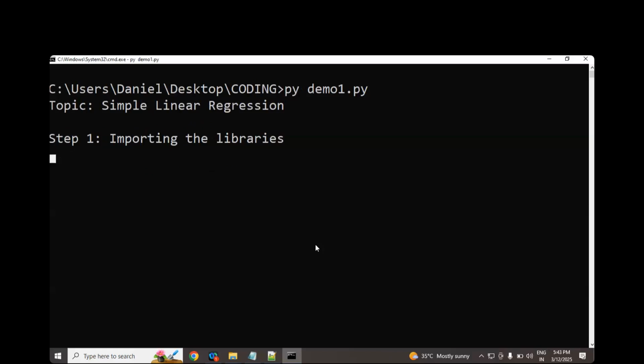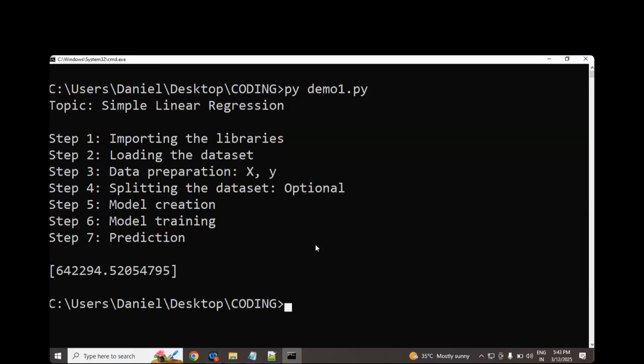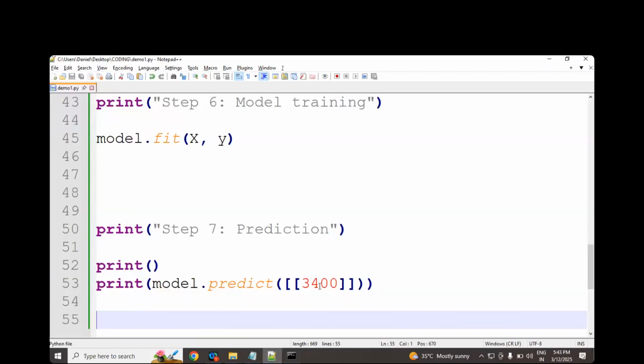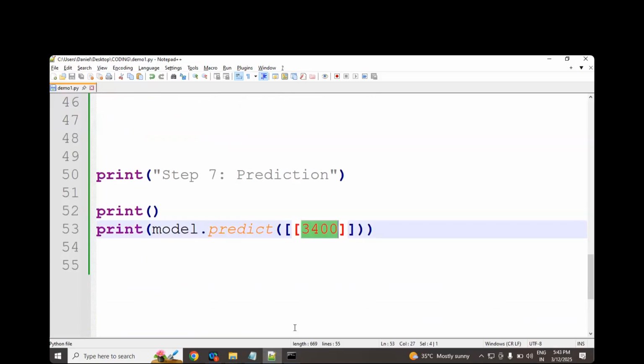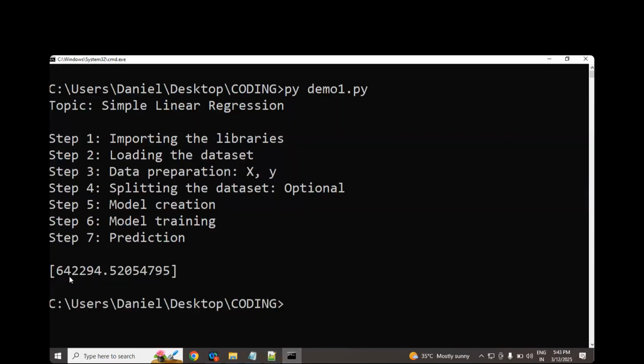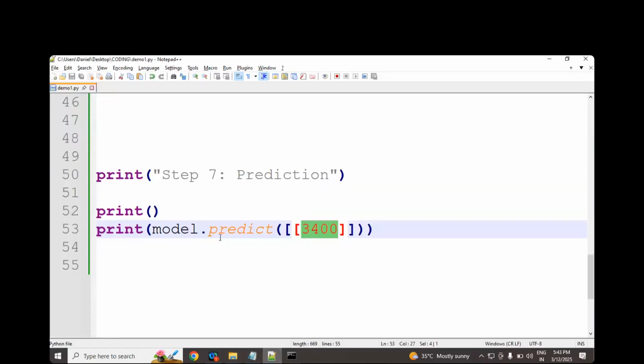There is a data set of area and price. Definitely as area is increasing, automatically the price also increases. Now we did some prediction for, imagine, 3500 square foot. I'm sorry, 3400 square foot. I just wanted to know how much the prediction is. Make a note on this one: 6,42,000. Now the model is ready. Now the model will do the prediction.